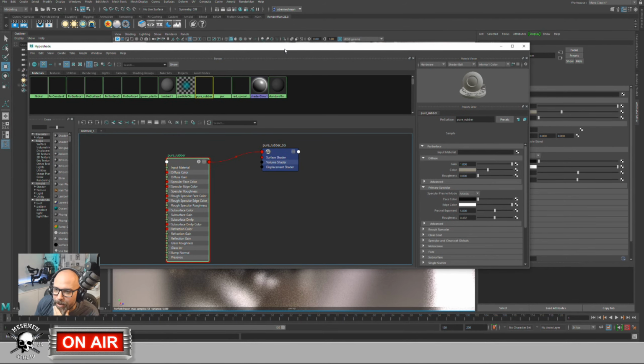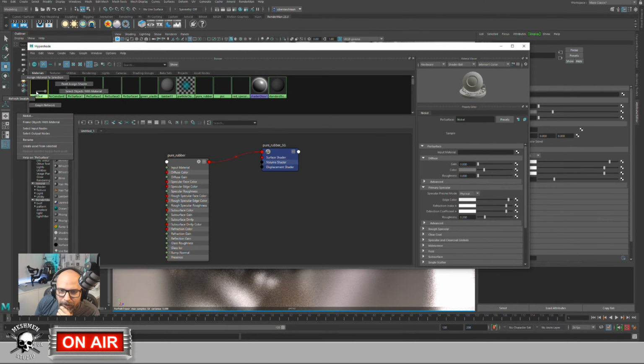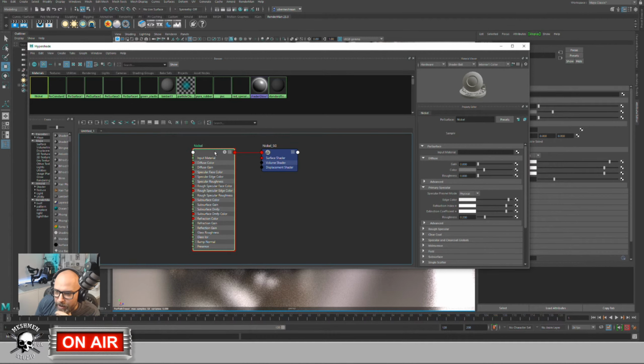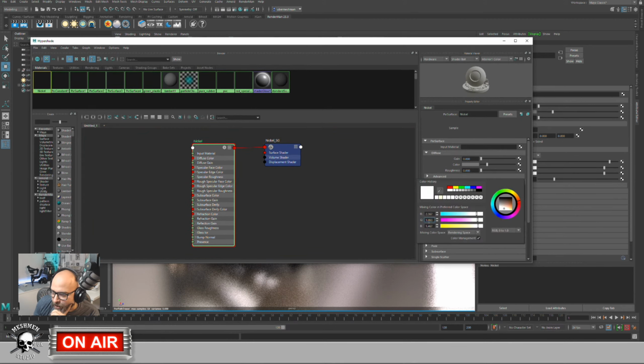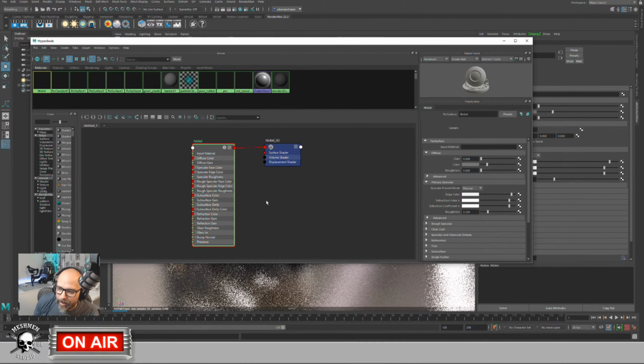So let's take a look at the nickel. Where is my nickel? There we go. Graph network. Nickel is a physical. So let's see what refraction index Pixar had for nickel. So the nickel here was 2.367, 1.6, 1.4 in the IOR, and then we have this